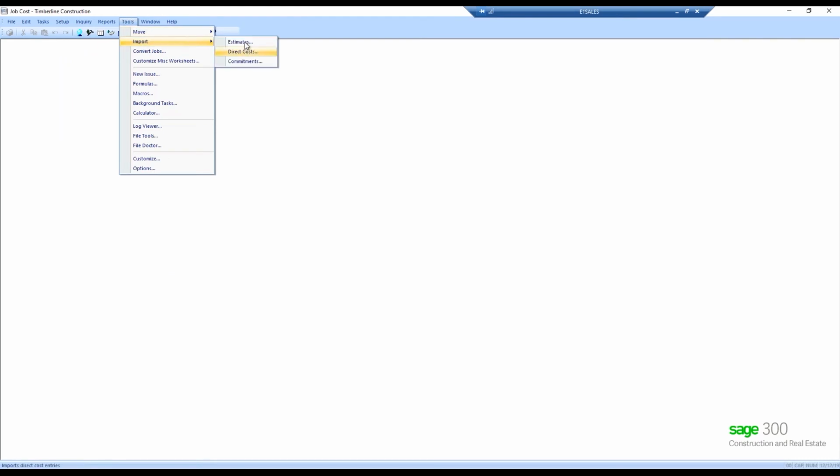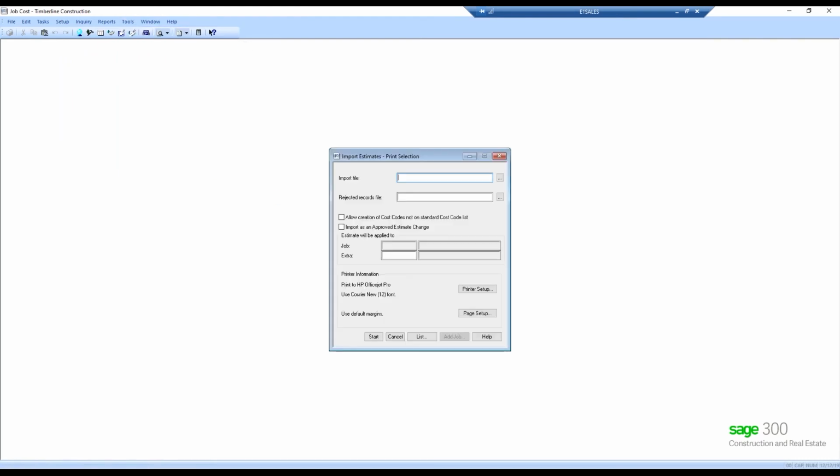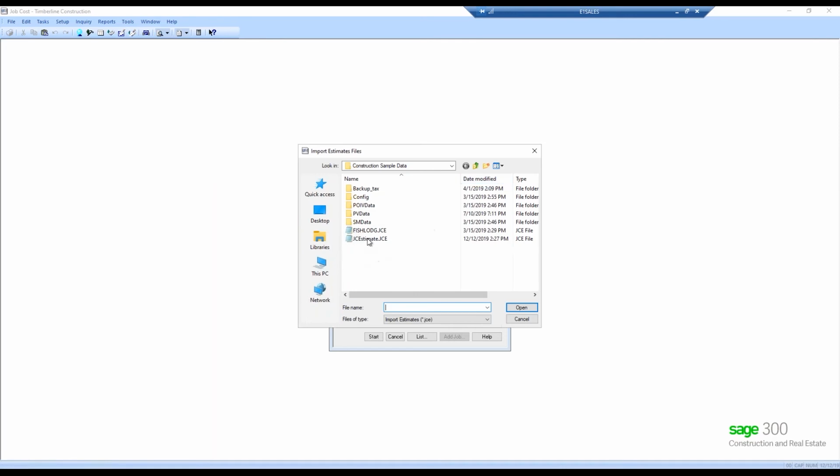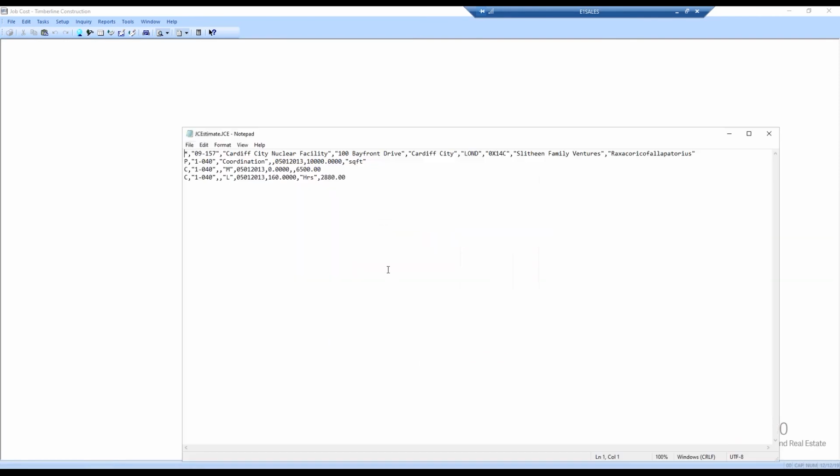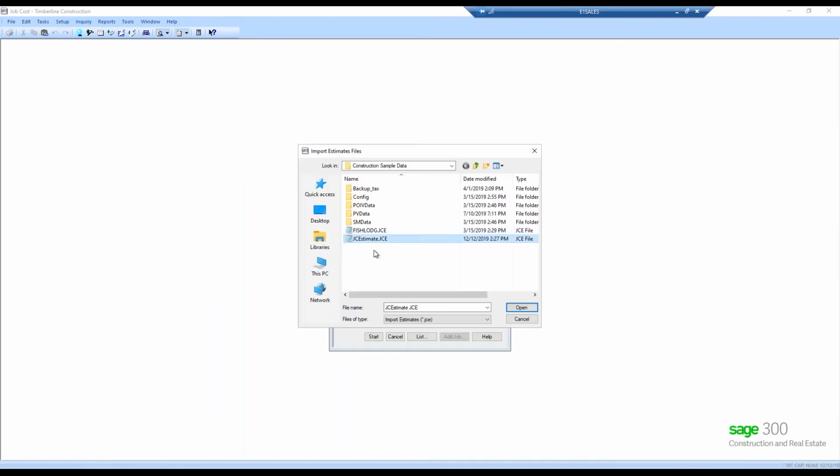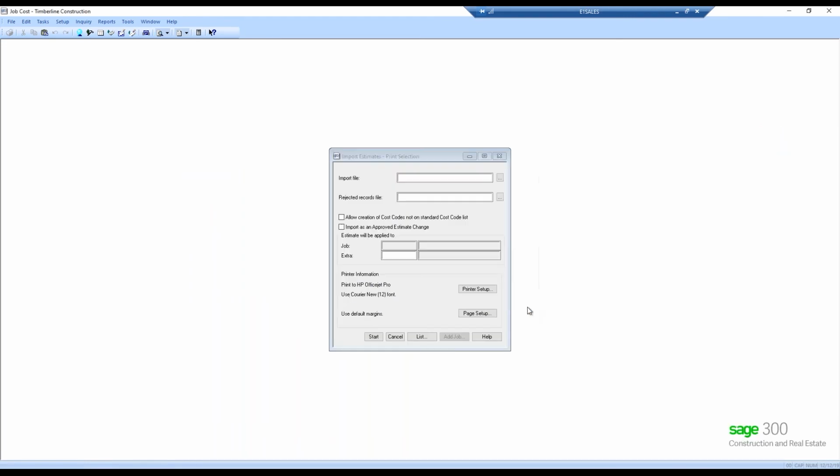Now I go to import estimates. And if I look right here, I got a new file here. And if I click there and right click and edit it, see how it's created the correct way. So that's what import does, it creates the file in the correct way. So I can then select that file. I could say this is going to be job cost,